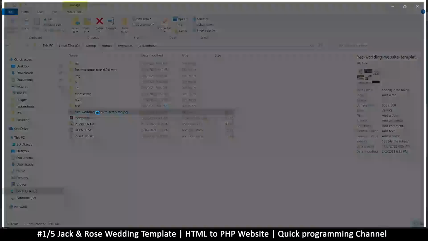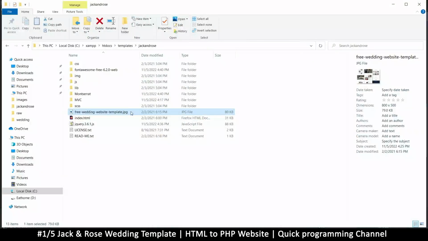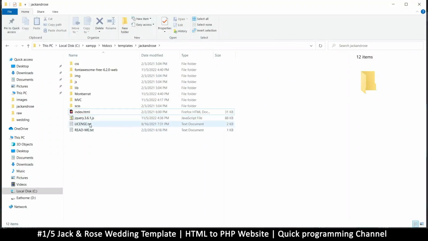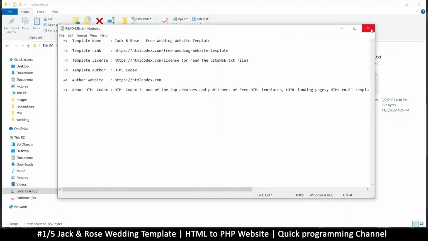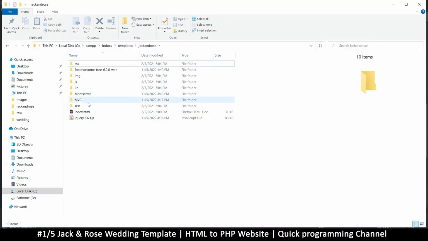This one is an image that comes with the template to just show us how the template looks like, but we don't need it, so I'll delete that as well. We don't need the README. You can read this if you want. Of course, you have to read instructions, but I'll delete those. We want to see as few files as possible. So font awesome, I know, and